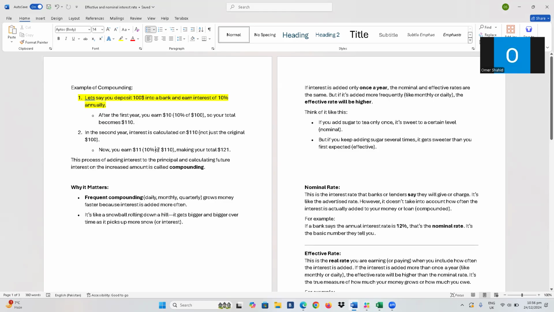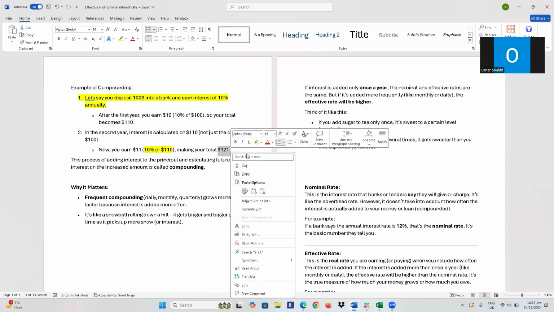So now, how will it be calculated? It will be calculated as 10% of $110. So how much will you earn in interest in the second year? $11. If you calculate 10% of $110 on your calculator, you will earn interest of $11 in the second year. So this will make the total $121. So after 2 years you earned $21 additional. You deposited $100 into the bank 2 years ago, and now your amount has become